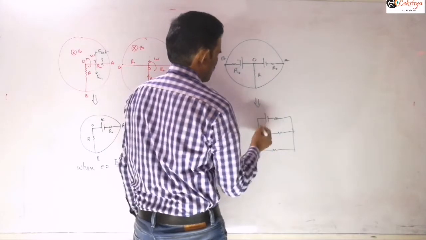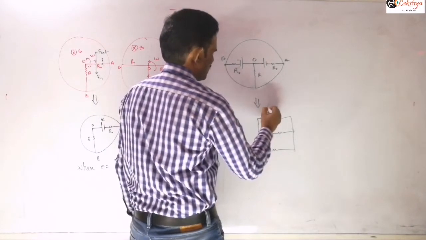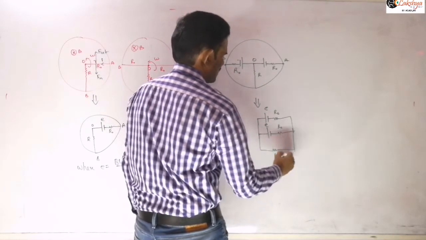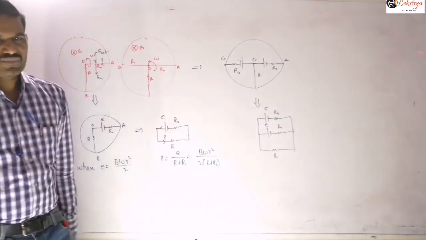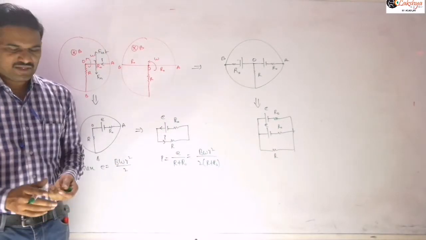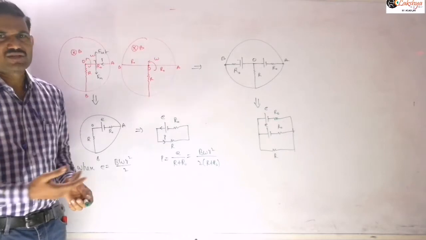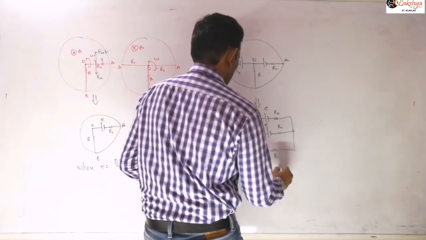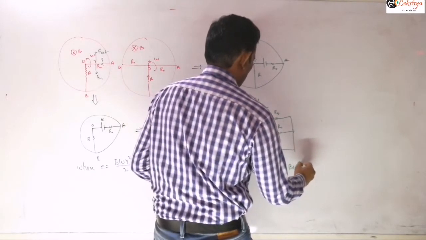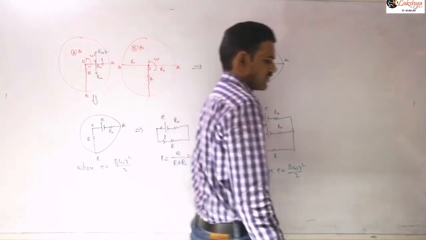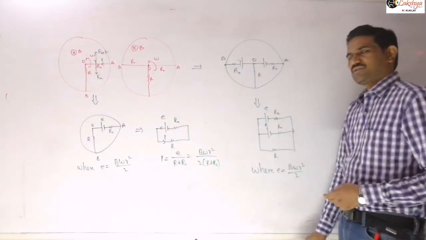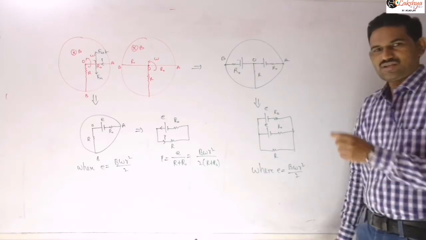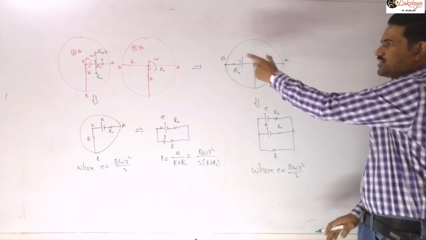So just you can apply our principle of parallel cells, like this is our EMF E and this also E, having the resistances R0 and R0, and this is the resistance R. If two identical cells are in parallel, then you can apply the effective EMF, where that induced EMF E is given by B omega R square by 2. We can write the same, because it is rotating with the same angular velocity, so you will get the same EMF. In each of these radii, here that value and here that value you will get.